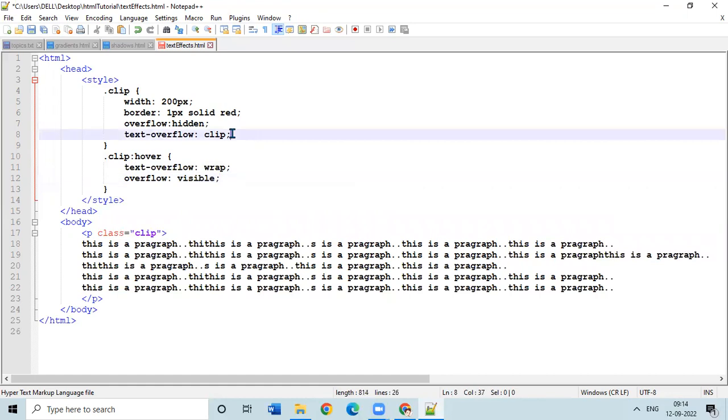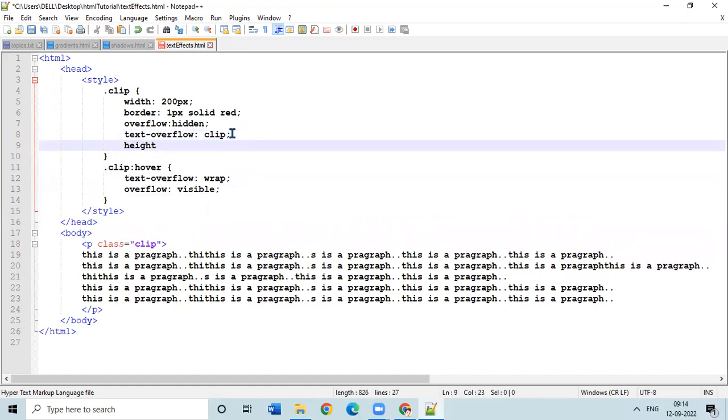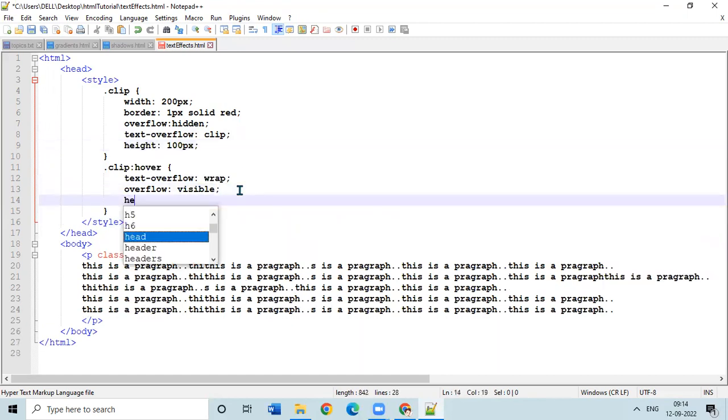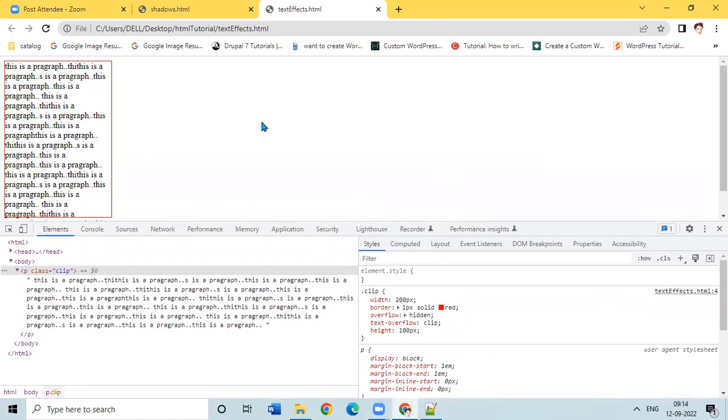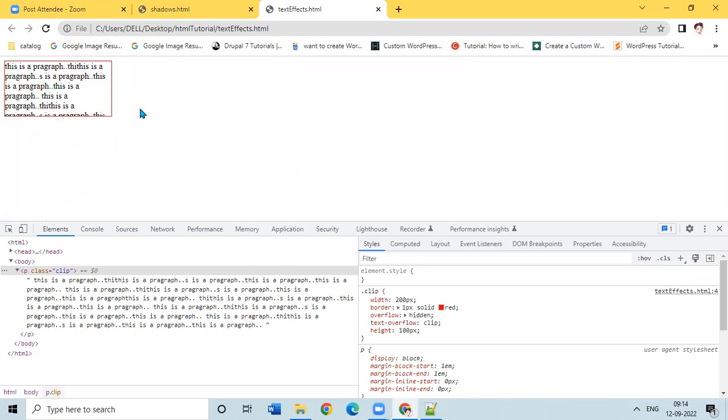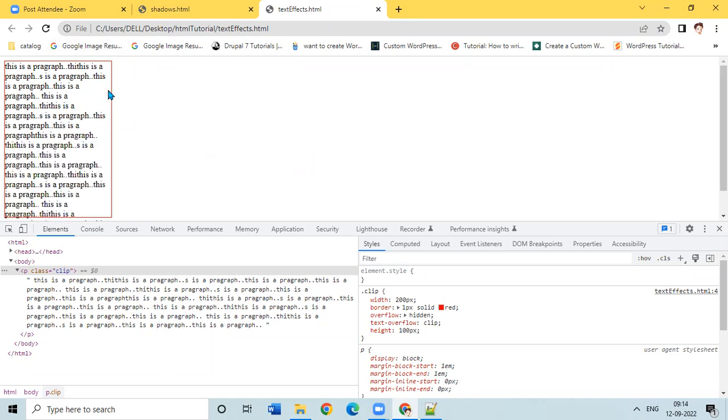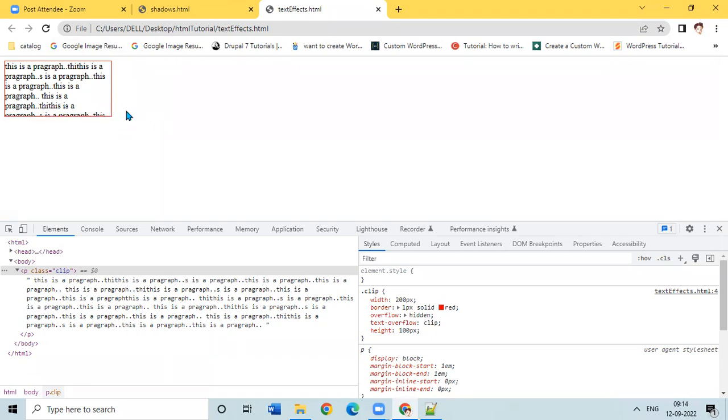Okay, and height I am giving is 200px, right? When hovering on it I am making it 100%. Okay, now we will see, now hovering on it, it will come like this. See, so like this we can achieve it without JavaScript, with the CSS itself. This is the text-overflow property. Okay. Next,